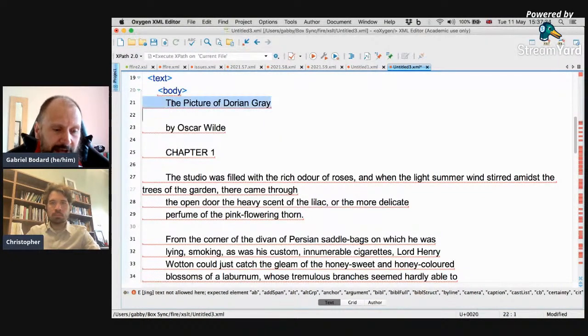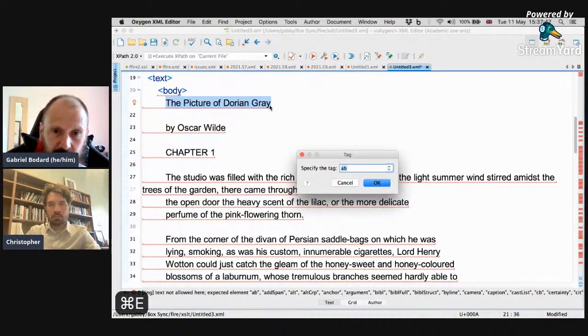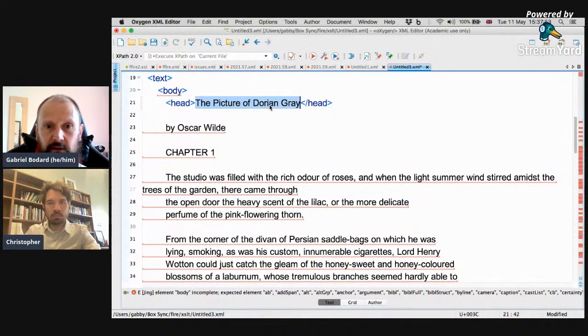We've got here the title of the document, the title of the book, which is a head. So the easiest way to insert a new element is to press Command and E, and you'll see that appear there, and then simply to type the name of the element I want, which you may not be able to see on the screen there, but I've just typed head, and there indeed a head appears. So head is now valid. Body is still not valid because it contains text that is not in